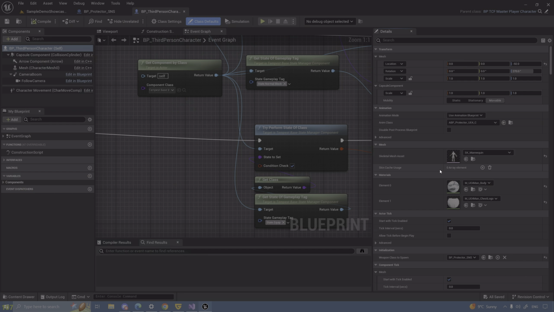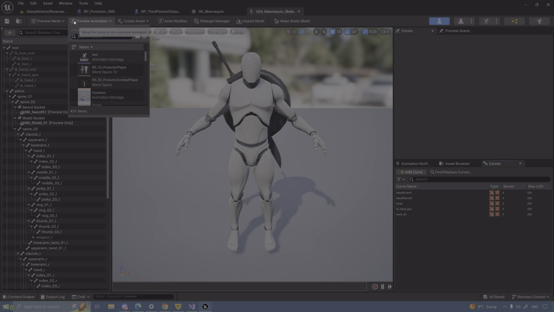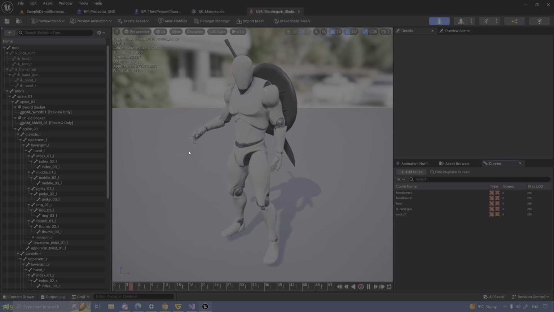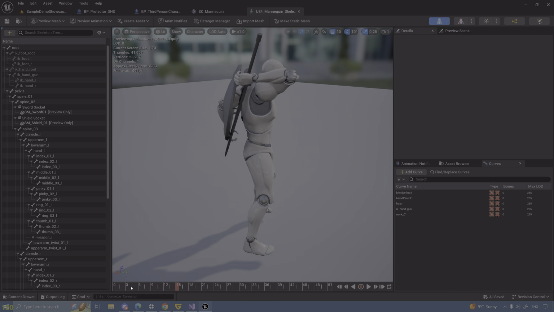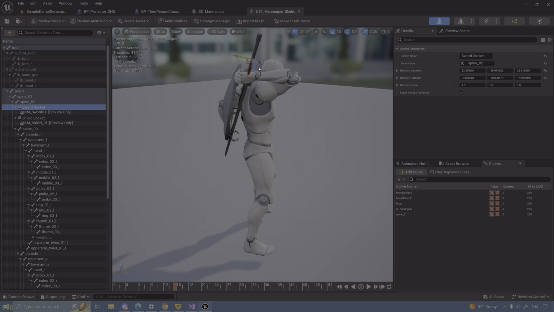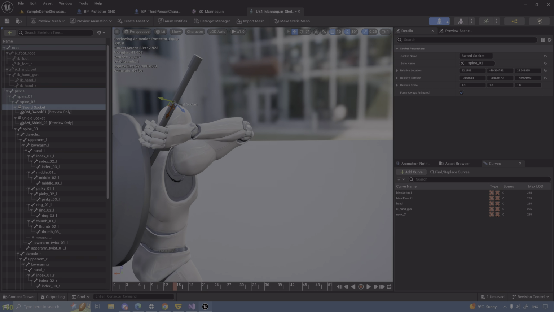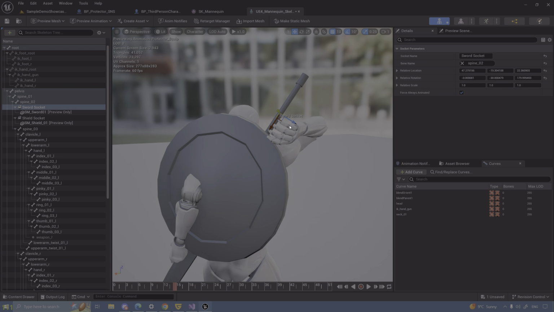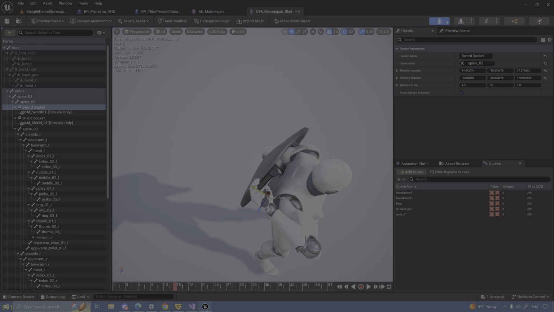So go back to the player, the skeletal mesh, and let's preview the equip animation. That would be a good place to find out if we put our stuff in the right spot or not. So we can change these two to fit the points exactly, the unequipping ones. This one needs to go a little bit down, a bit to the side. You don't have to be very precise, but just something